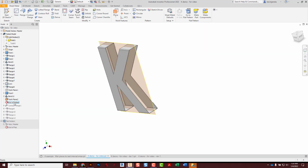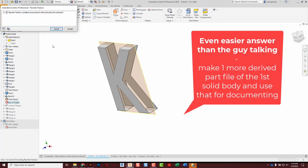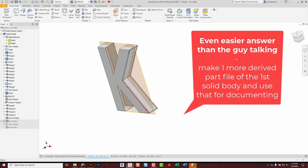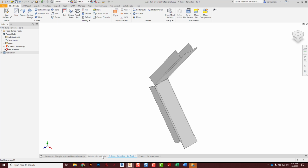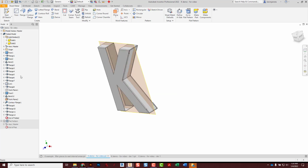So what happens is that, when you have all your extra solid bodies made, all your filler pieces, the flat pattern still recognizes just the first one, the original. But when you go to a drawing file, the drawing file is trying to process everything and it just gets confused. So after you've done all your derived files and you've made those separate pieces like this, what we're going to do is on this main or master file, we're going to take the end of folded part or end of part icon and drag that back to where you finished